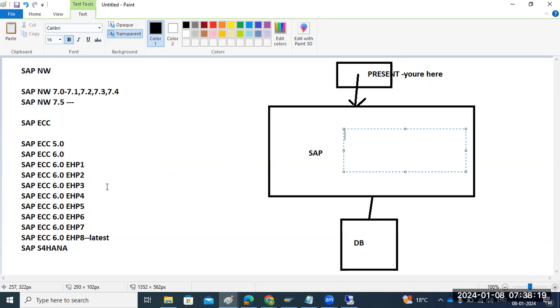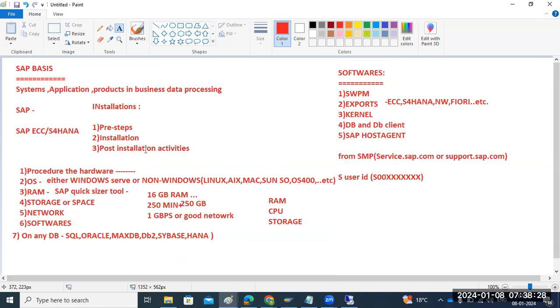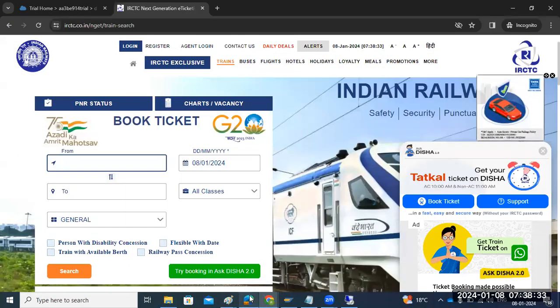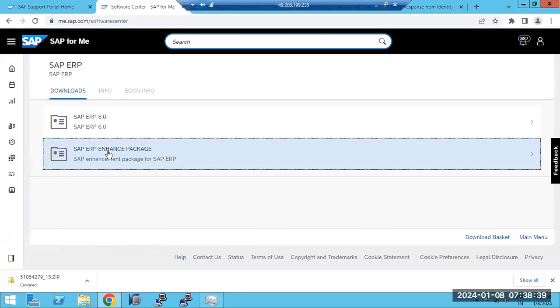But for any product installation, our work is common. Our installation procedure is also common. Only the exports may change, depending upon our product. Your exports may change here. So K means kernel software here, right? ECC 6.0; 5.0 is not available. Then after that, we have the